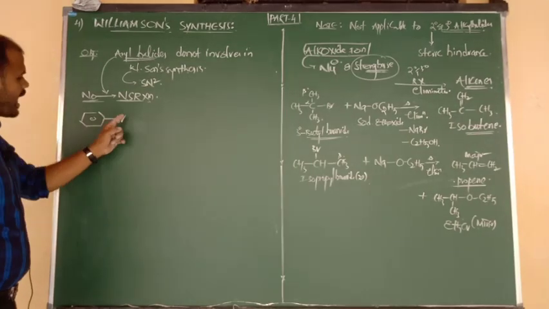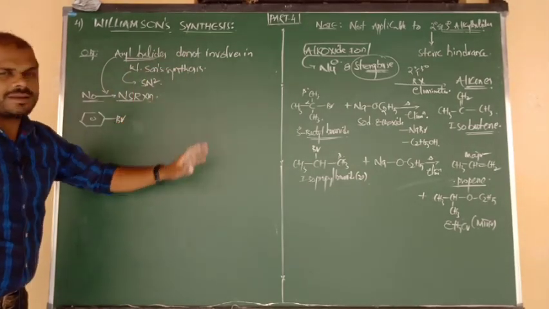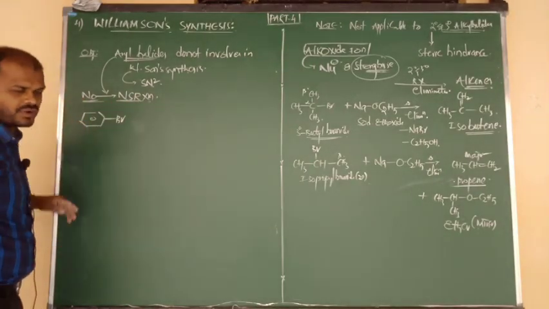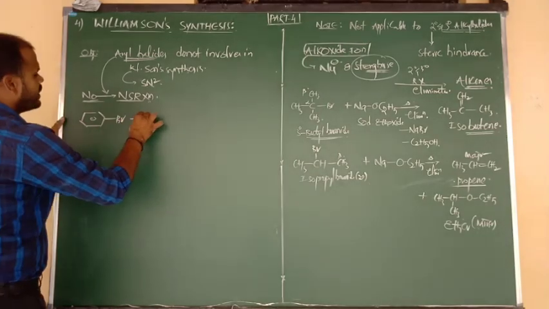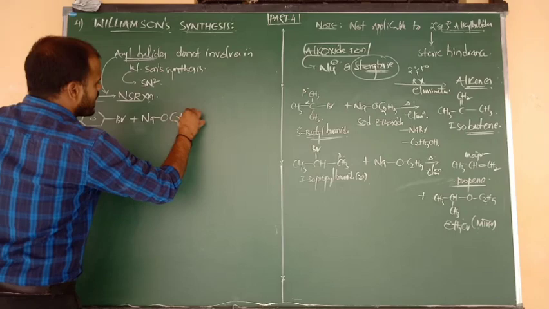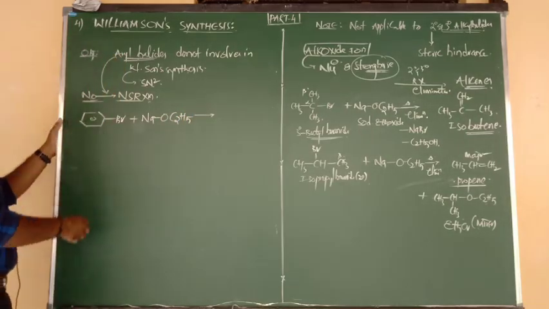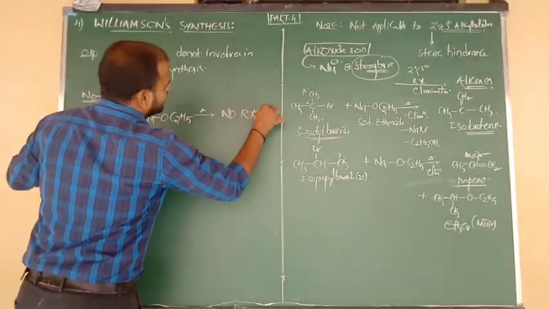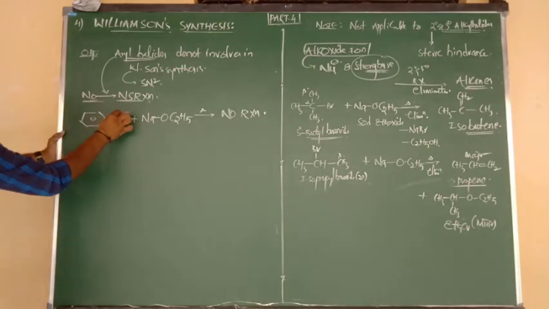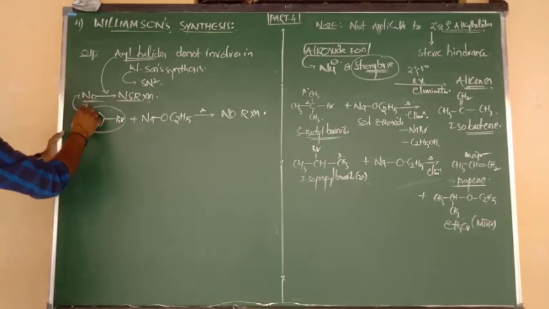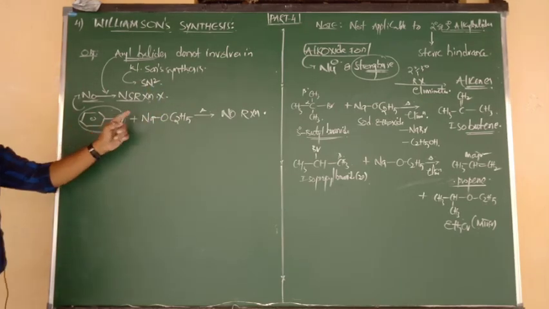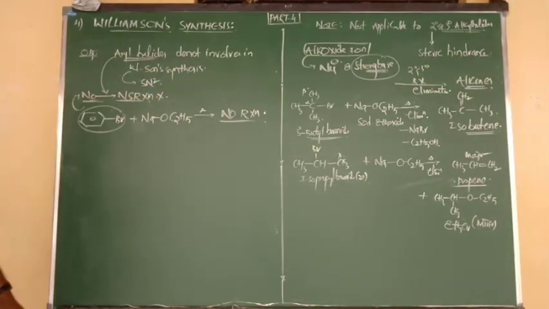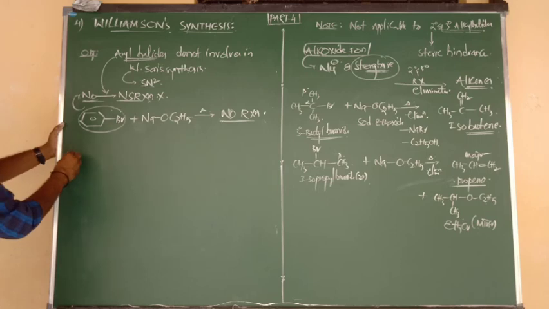So aryl halides or haloarenes do not undergo Williamson's ether synthesis because aryl halides are very less reactive towards nucleophilic substitution reaction. For example, I have given bromobenzene on heating with sodium ethoxide, and it does not form any product. So simply we say no reaction, because aryl halides do not undergo nucleophilic substitution reaction. So Br minus cannot be replaced by the ethoxide ion, and there is no Williamson product. Very important fact. Good. And another point I want to tell you.